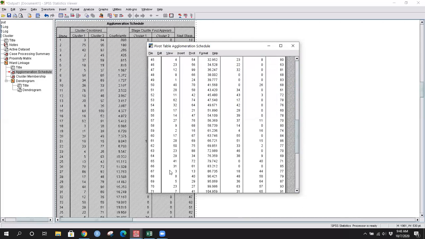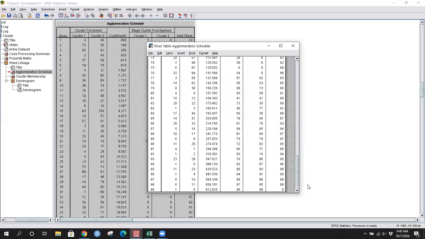देखो, 67th stage पे again you have the third individual. You see that? So the 67th is the next stage column, means that the next time this cluster will be joined with something else is stage 67, and I see 3 here. Okay. So likewise you can go on interpreting the table, but later on what we see that in the end, lastly what happens is that the first and sixth case get combined, okay, into one big cluster.